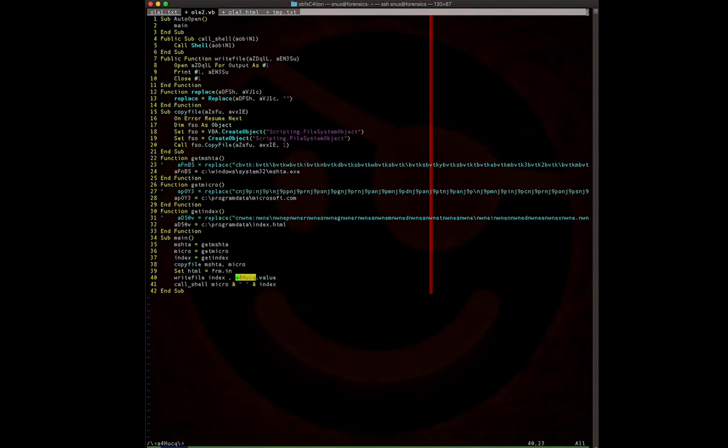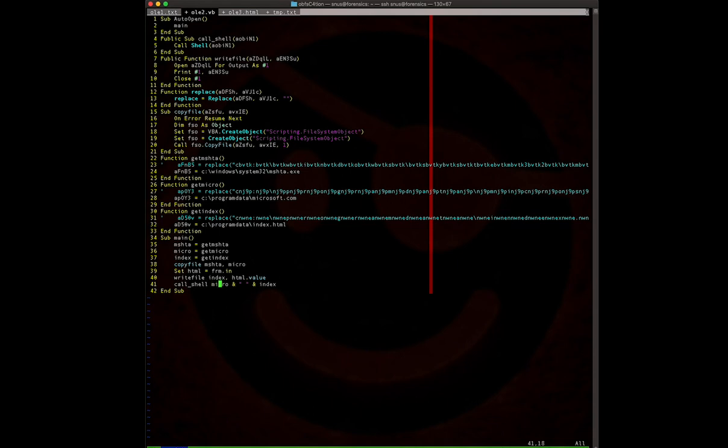Let's just call it HTML. So it's grabbing the value that was stored inside this form.in tag, which is the content of the HTML, and in this case, it's taking the value of it and writing it to the index.html. So the file that we decoded the last with the get it index. Once it's written it to that file inside C program data index.html, it then can call the